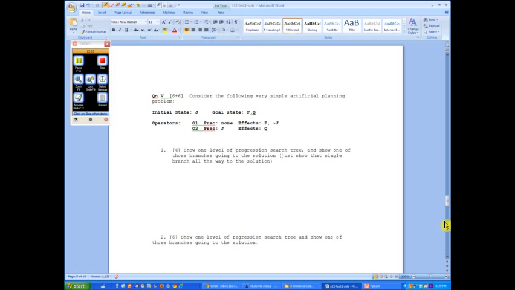So then this one, the progression, it's quite simple, obviously. You start with initial state J, and then you can apply O1. If you apply O1, there are no preconditions, and it makes P true and makes J false. That means essentially only P holds, and you actually have not J, but you don't write negative values,